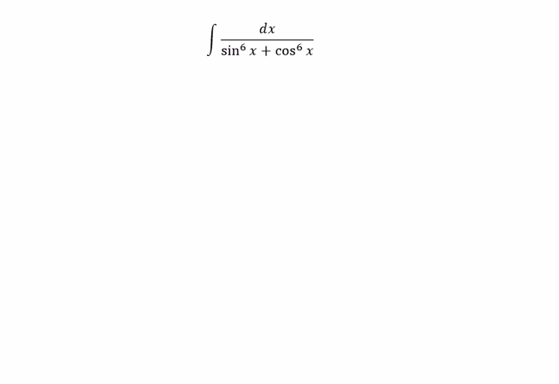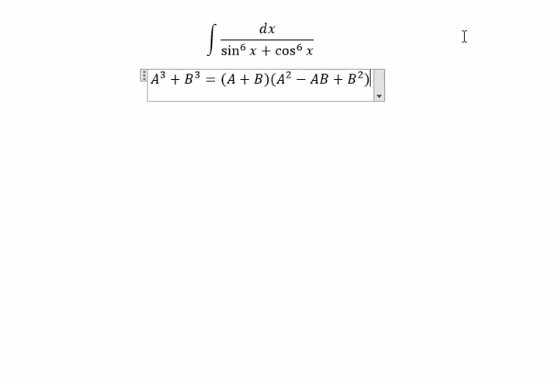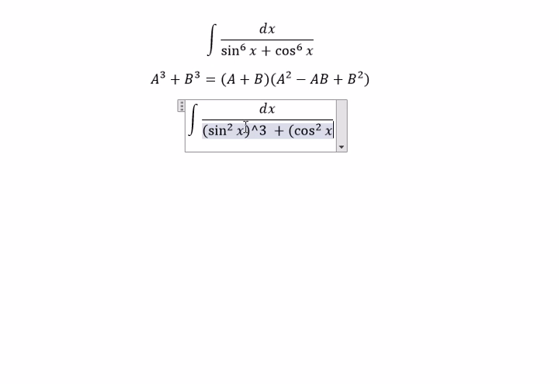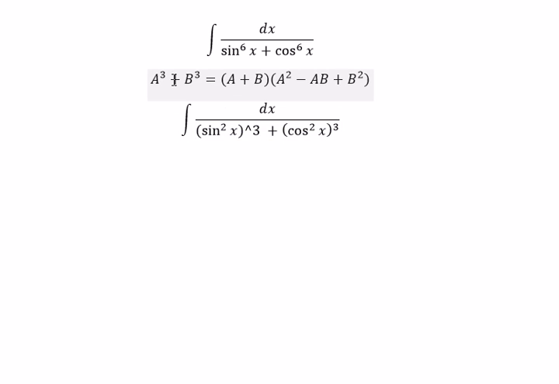We know that a to the power of 3 plus b to the power of 3 equals a plus b times a square minus ab plus b square. So we will apply this formula in here. So you get sine s square to the power of 3, and we have cosine s square to the power of 3. So we will use this way to apply this one,